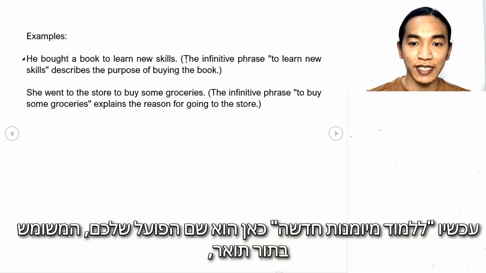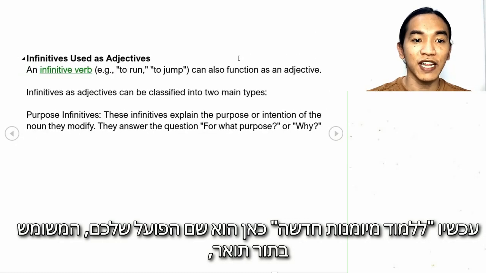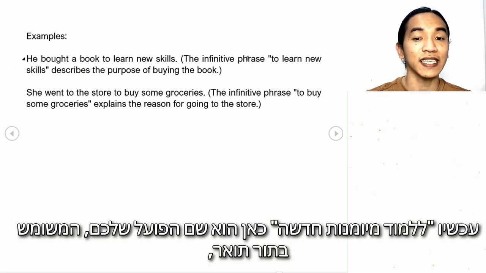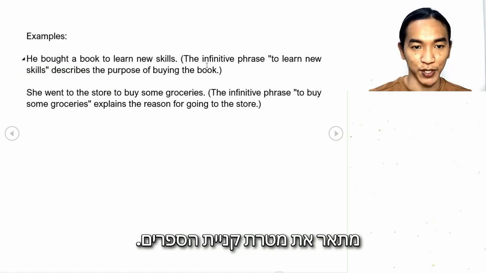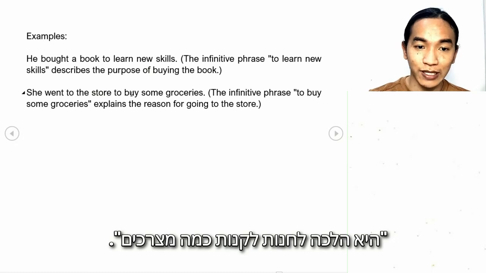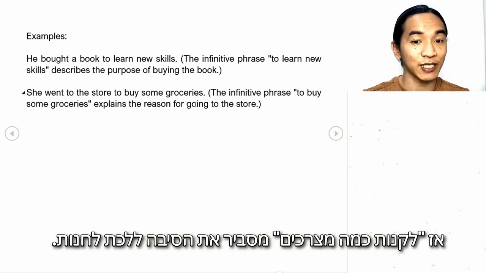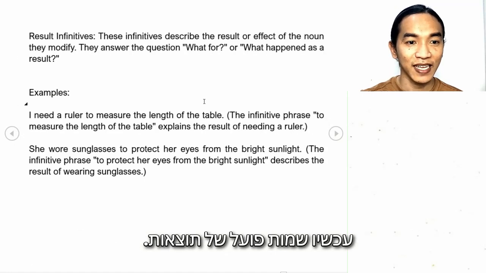Now, to learn new skills here is your infinitive, okay, used as adjective, okay, describes the purpose of buying the book, okay. She went to the store to buy some groceries. So to buy some groceries explains the reason for going to the store, okay. Now,